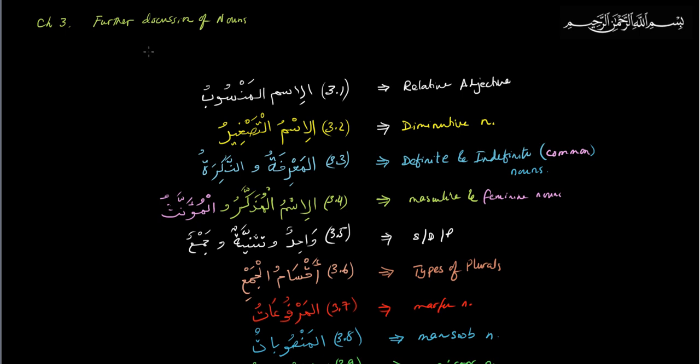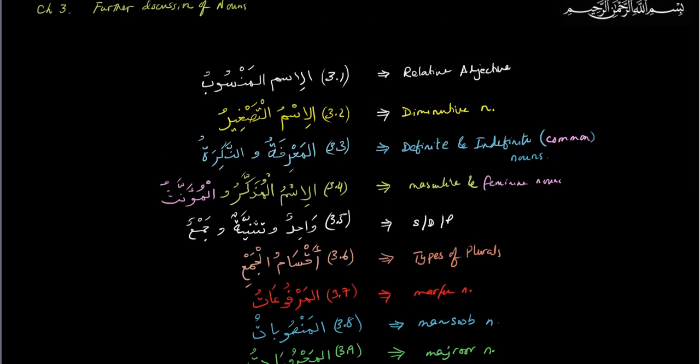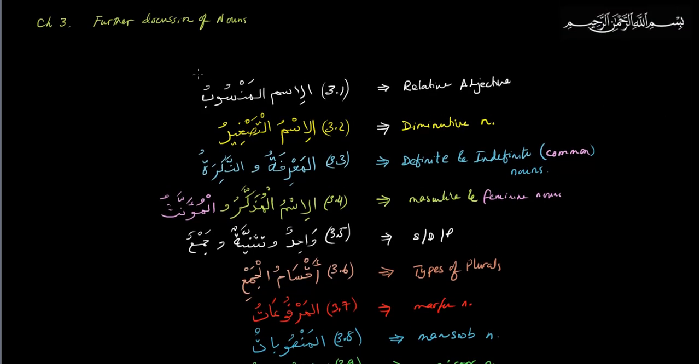Inshallah, here today, I will do a brief chapter 3 overview of all the sections in this chapter. I've heard that that's always a good practice to do. So, here's a quick overview. In this chapter, there are 10 sections. It's a pretty big chapter, and it is all about nouns.